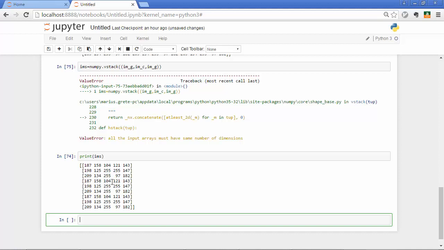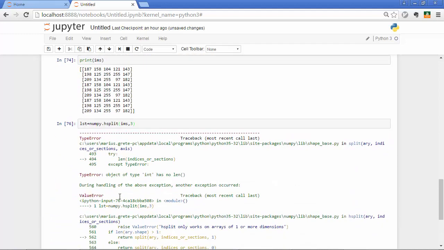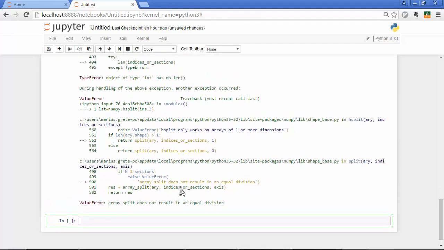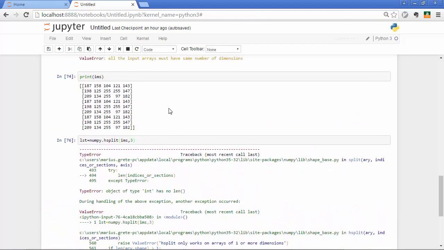Well, to do that, you could create a variable and then numpy dot hsplit, for splitting horizontally, and then this expects a NumPy array and how many arrays you want to produce out of that. So horizontally, let's say 3. And this says array split does not result in an equal division. The reason for that is,